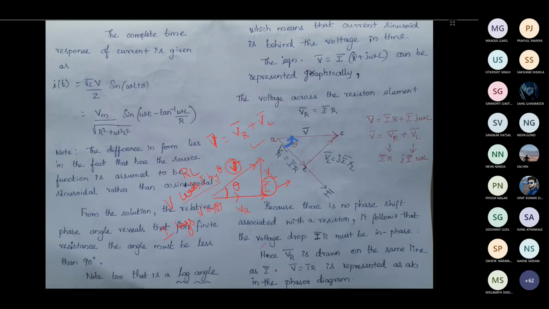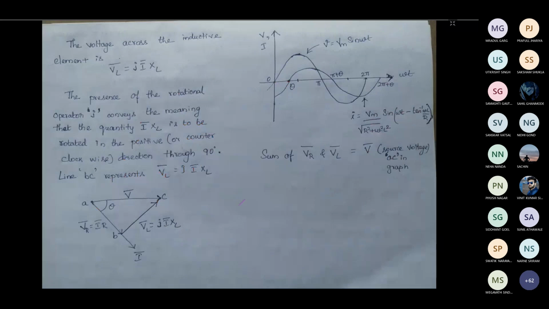So same explanation, whatever I have told, it is written here. So you can go through that notes. If you draw it as a diagram, this is a phasor diagram. If you draw it as waveforms, V is equal to Vm sin omega t, so that will be passing through the zero. Then I is equal to Vm divided by this, and sin of omega t minus tan inverse of omega L divided by R.